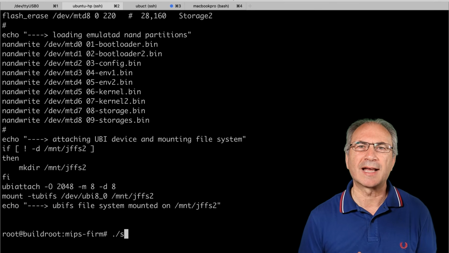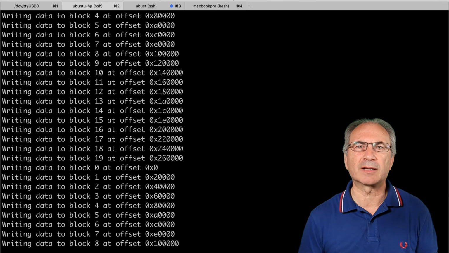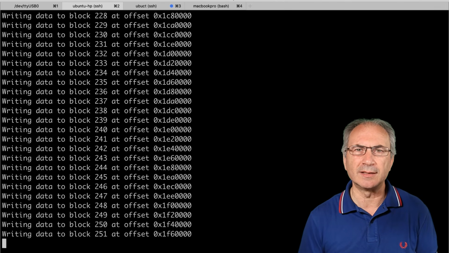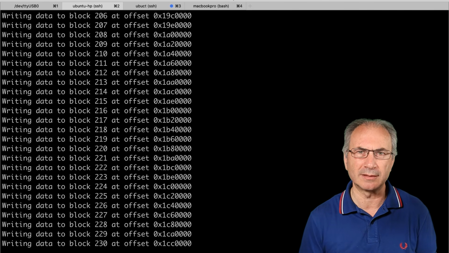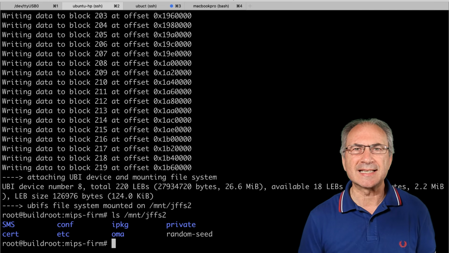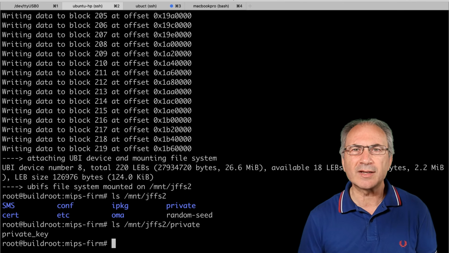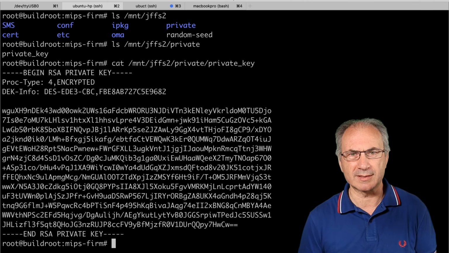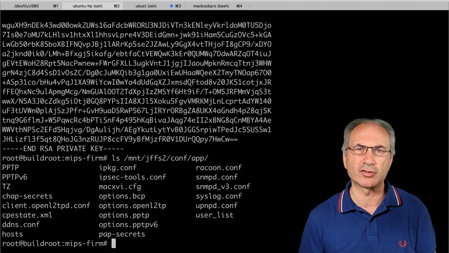We can now execute this script. Wait till every partition has been erased, each partition has been loaded in the emulated EEPROM, and the UBIFS has been mounted. We can now explore this file system. This is natively mounted in our emulation environment. This is a read-write file system. We can also write to it, but if we reuse the same shell script to restart the EEPROM simulation, we will overwrite it each time.